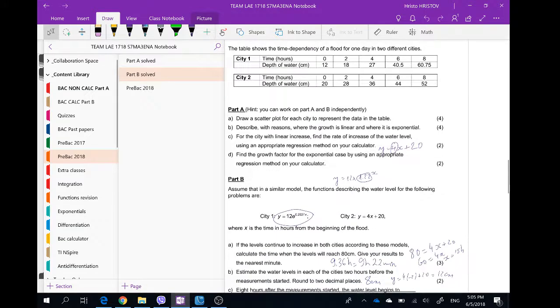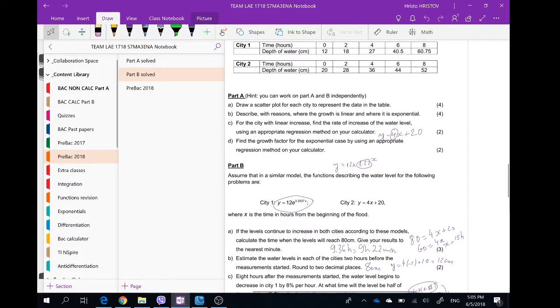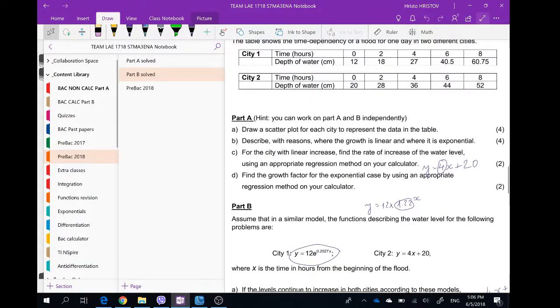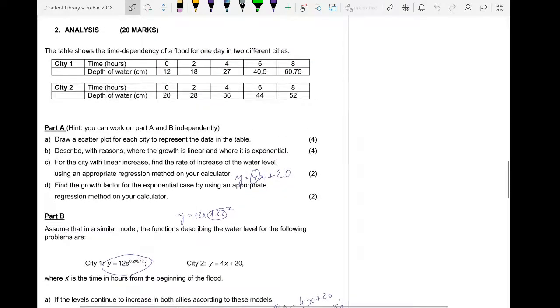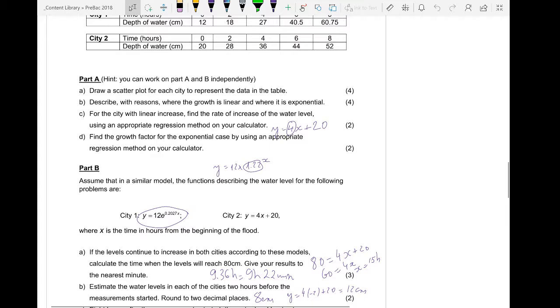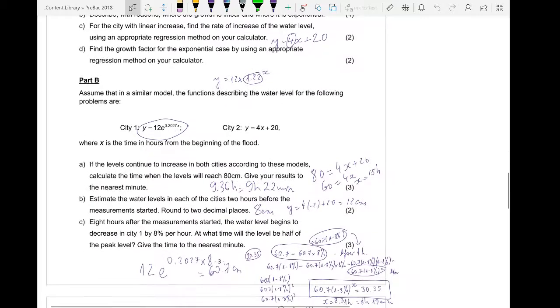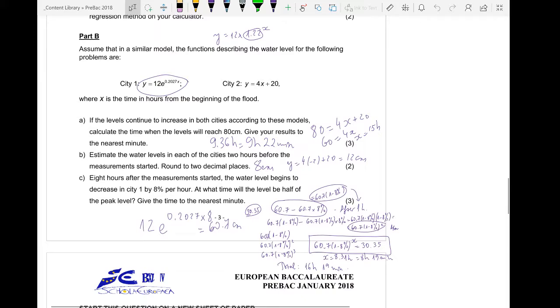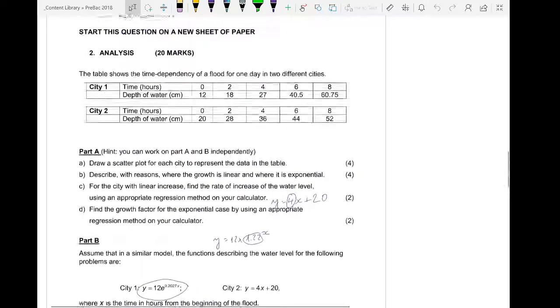In analysis 2, we already did this in statistics. You have a scatter plot. On the pre-back we combined the questions, but here it's the same linear regression. Its growth factor is this number, and we have two regressions, one exponential and one linear, and that's it. Yes, I think for the calculator part